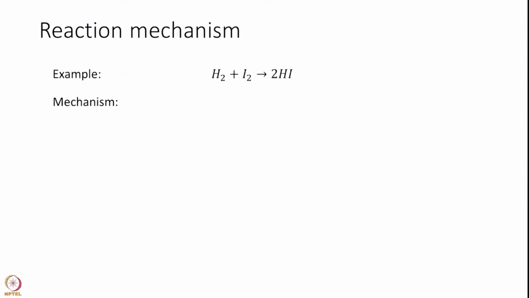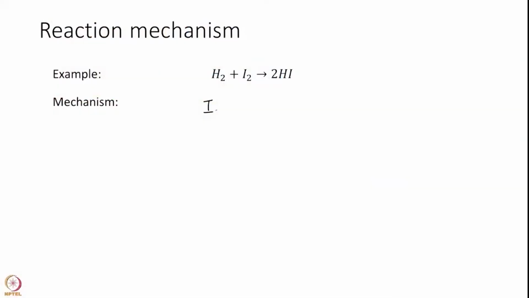So, once you have elementary reactions, what can you do with them? You can essentially construct mechanism of any reaction in terms of elementary reactions. So, in some sense elementary reactions act as atoms of chemical reactions. You give me a chemical reaction and I will be able to figure out some combination of elementary reactions that will give me that full reaction. So, a very well cited example is H2 plus I2 going to 2HI.